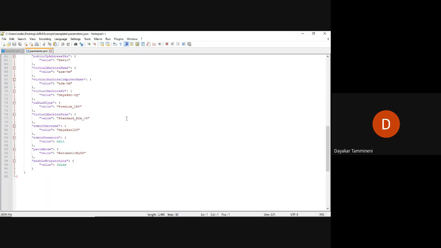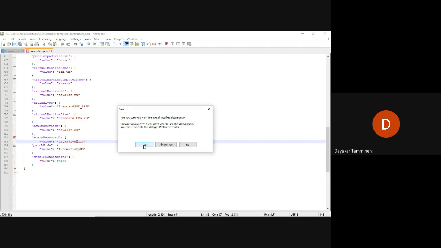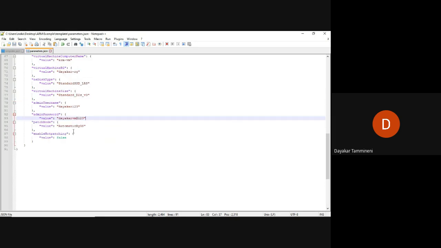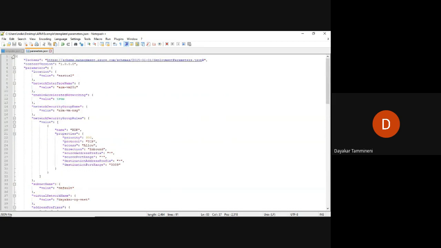I have changed the standard premium LRS disk type to standard SSD LRS, and I have given the password value. Before, the password value was not there, and I have given the password value, dayakar_vm@123. Now I am going to save all the files. Once I save all the files, now these two files are available.